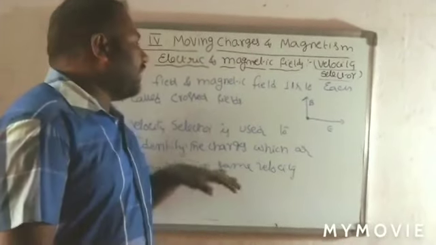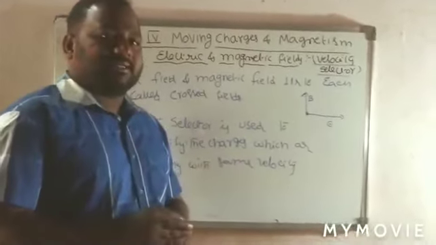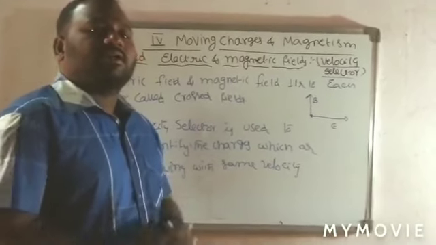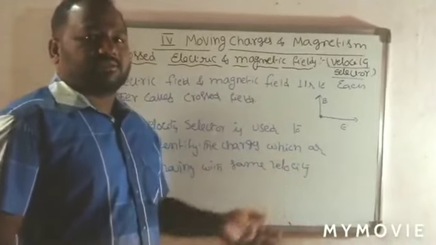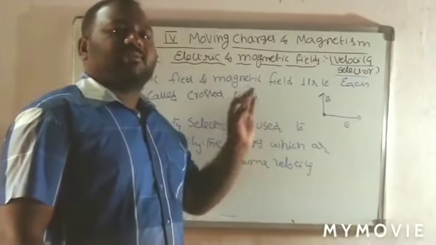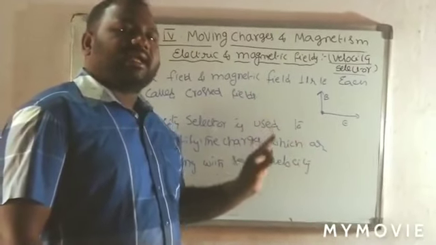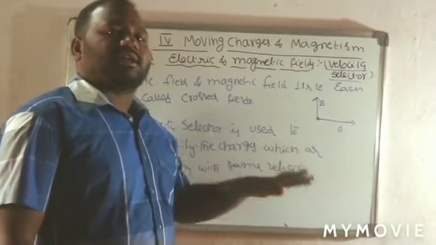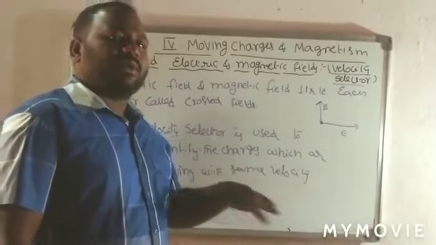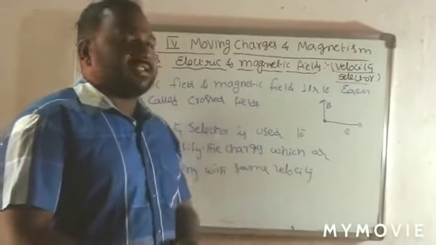So how are we going to identify that particular velocity of the charged particle? For that we are going to use the previous concept. What is the previous concept? Whenever a charged particle is placed in an electric and magnetic field, both combined, we identify the force acting on it. So by using that expression we are going to take the principle of the velocity selector.